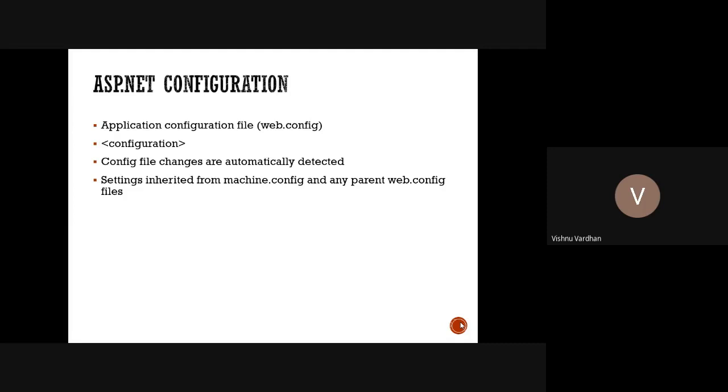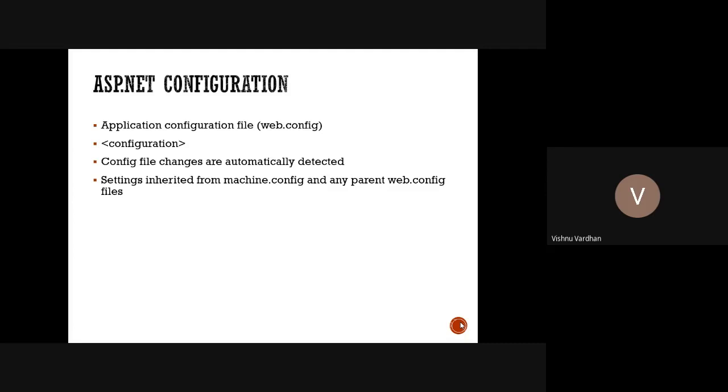But some of the configurations are not going to be changed every time. These are not actually variables. They are going to be some settings. The settings means a database connection can be there, or you are working on some unique framework of .NET, or maybe the compilation procedure you want to have on a given node, or you want to have some authorization, like what should be the authorization protocol or authentication protocol for accessing your website by the users.